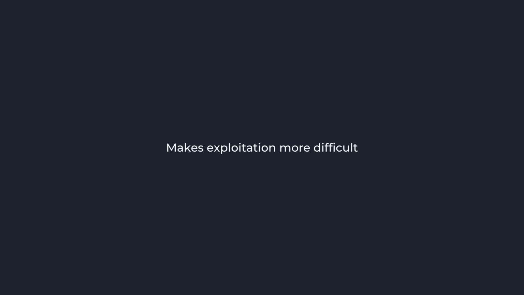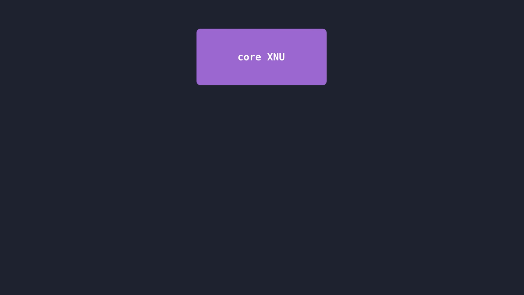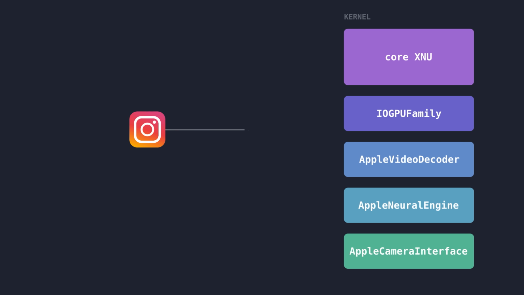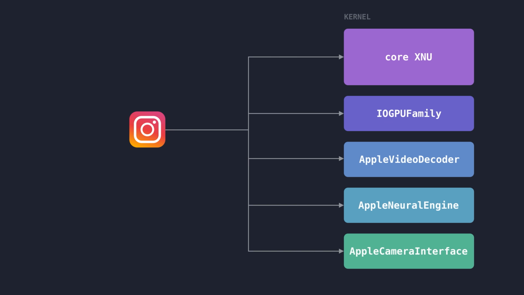difficult for attackers. The iOS kernel contains a huge amount of code in its core and also in various kernel extensions to help with things such as hardware accelerated graphics, media decoding, and more. It would be wildly irresponsible to allow every application to call into these kernel subsystems as they please, because doing so would expose deep, complex code to attackers, and the chance of them being able to reach a vulnerability would be high. To deal with this, the sandbox implements a filter that restricts what processes are actually allowed to do,